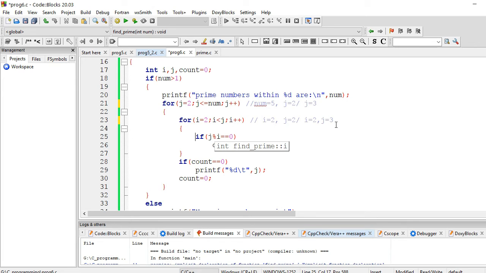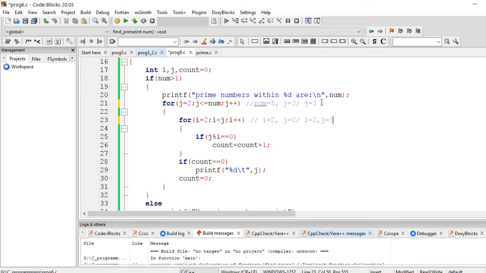If 3 is divided by 2, then the remainder will be 1. So modulus operation equal to 0 is not true, so count will not be incremented and count will remain 0. In the next iteration of this for loop, i will be 3, so i less than j will be false, so this loop will exit, and again we will print our prime number 3.